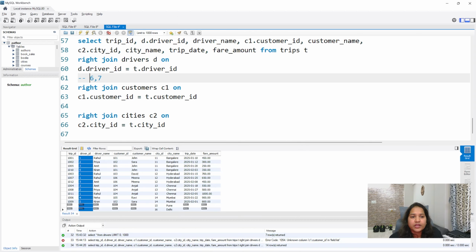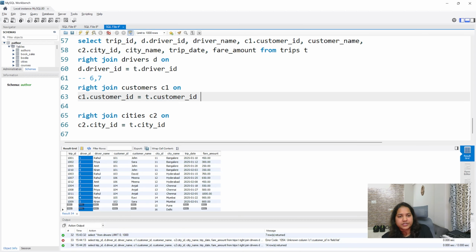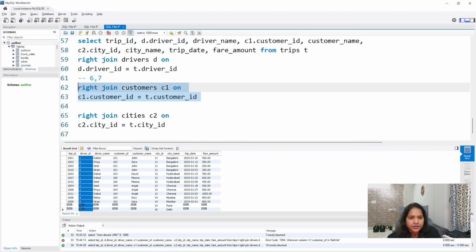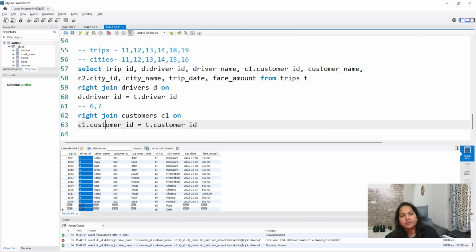Then when you're doing a right join with the customers table, the second time you're doing a join, your SQL will think that this is the main table now. So now my customers table is the main table. I should bring all the customers data and give the matching records from that table. Wherever there is no match, I have to give null.